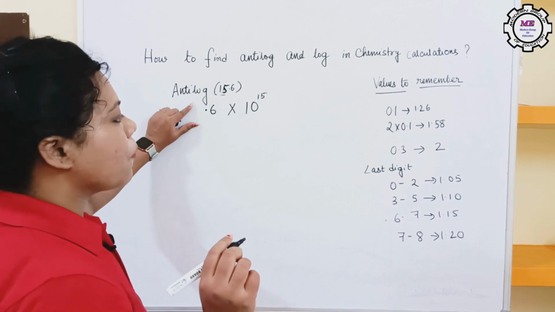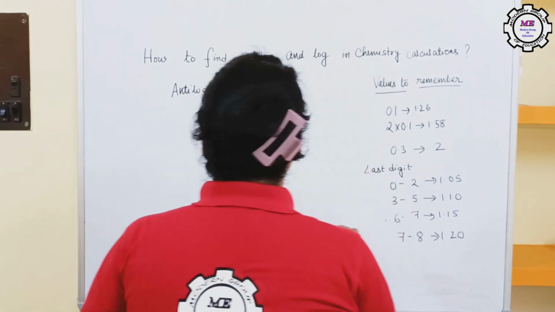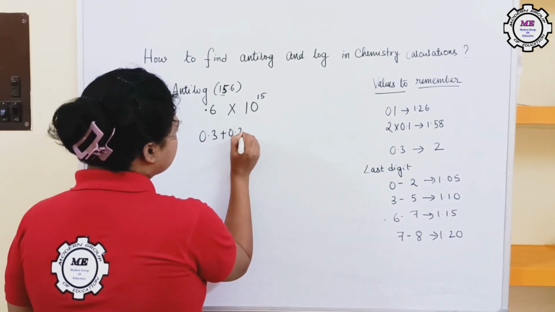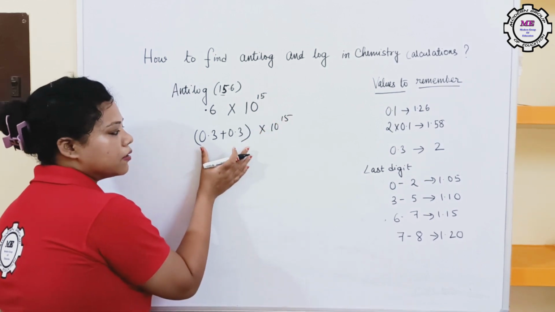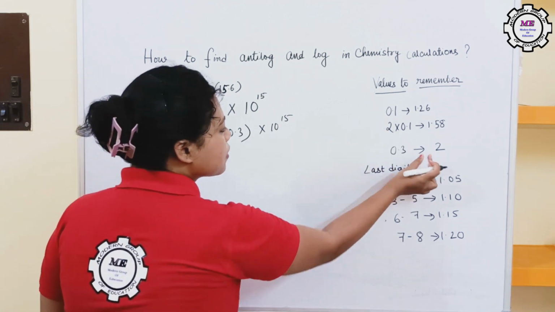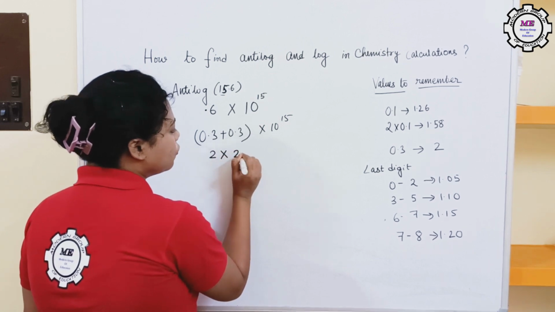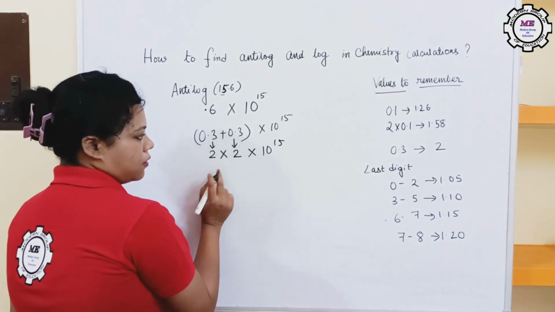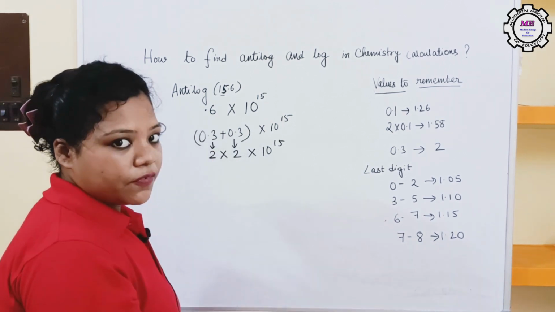So how to calculate the 0.6 value here? Okay, you can see we have used 0.3 over here, so you can do one thing, you can break this as 0.3 into 10 to the power 15, but there is no addition process over here. You have to put the value and you have to multiply. Suppose the value of 0.3 is 2, then you have to multiply this, like 2 times 2 into 10 to the power 15, 2 for this and 2 for this. Okay, you have to multiply all of them. Okay, you can also write this for your convenience.